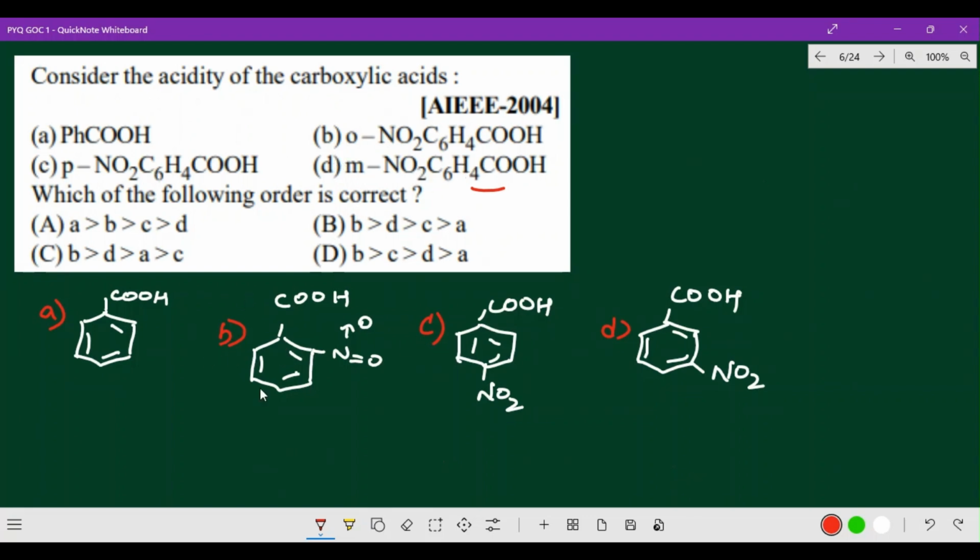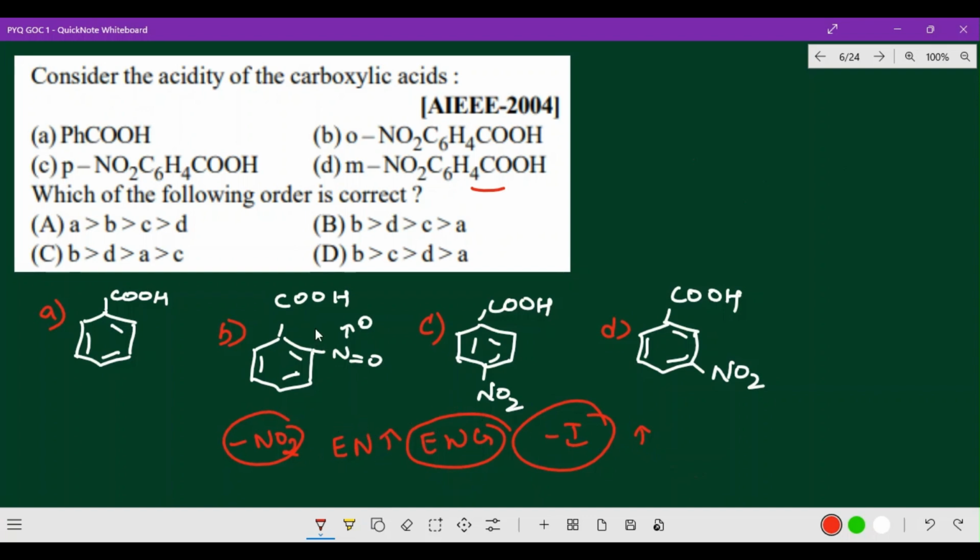Here, that is the formula I have given. The first one is benzoic acid. Generally, an ortho substituted compound will be more strongly acidic than any other. And one more thing, the nitro group is there. So what is the nitro group? It is an electron withdrawing group, with more electronegativity, and it belongs to the minus I effect. So the minus I effect means acidic strength will be increasing, right? These are all points you know very well.